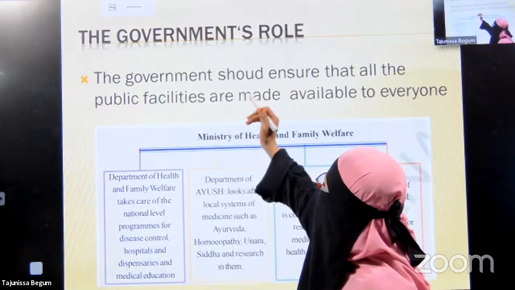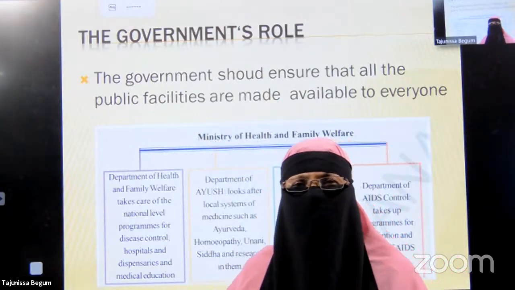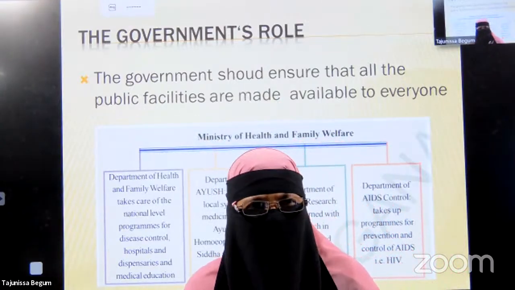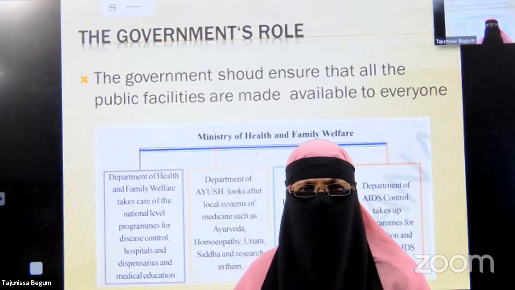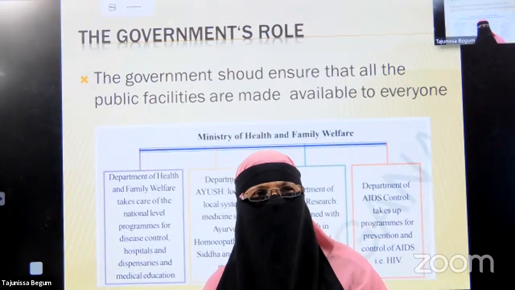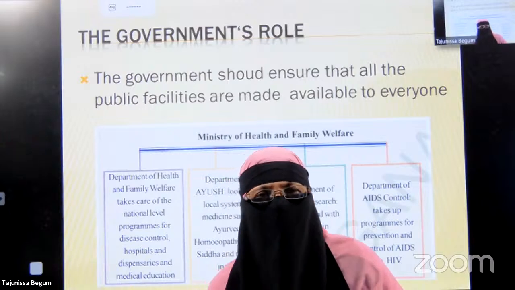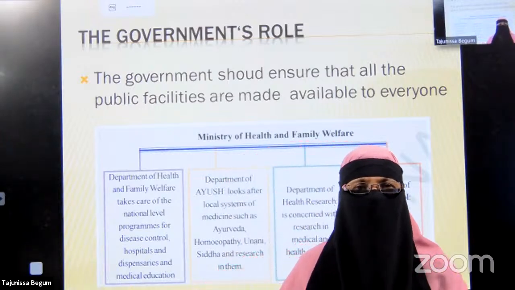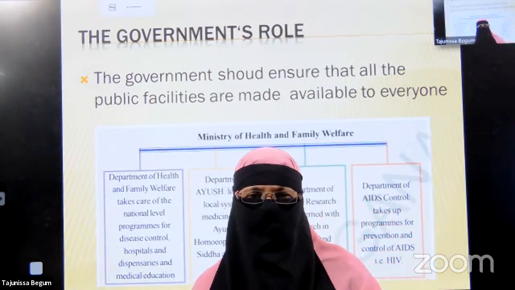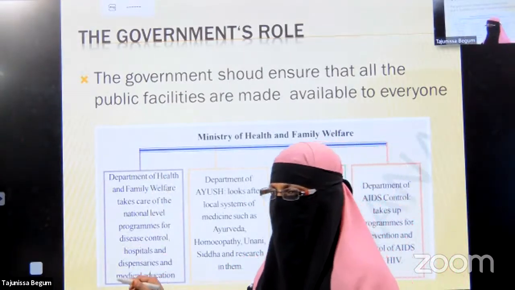So this is the government role. The government has to play a very important role for the successful development of the country. If the government is not playing an important role, then the country cannot be developed. As you see, you watch the news daily, I think. See how our health minister, Harsha Vardhan, and our prime minister give speeches and tell us how to become aware of the types of diseases. So it's the role of the government. Next we'll see